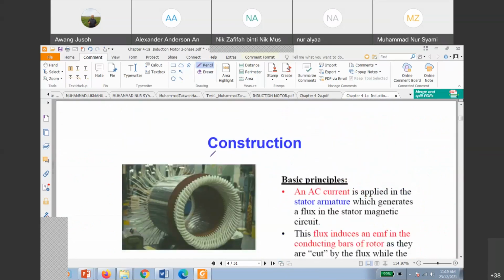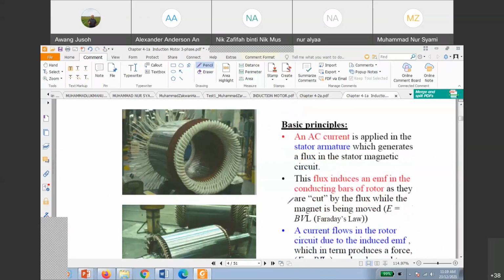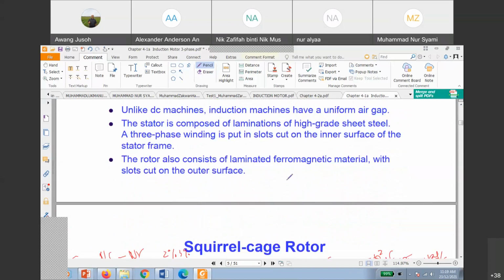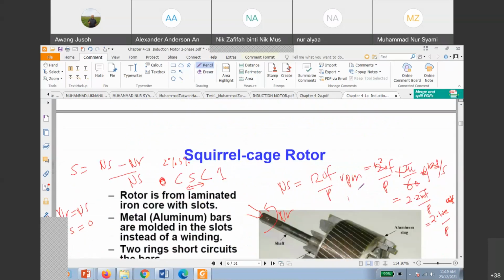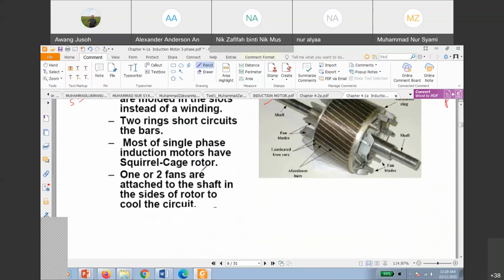First, you need to explain the principle just now, how the torque is produced here, and how we can change the direction of torque. I explained already, and what is the speed of synchronous? I explained already here in RPM, and also in radian per second. You just change the unit by multiplying by 2 pi over 60. We get the speed in radian per second. And we know the rotor speed. Rotor speed is the mechanical speed of the machine. That's a very important thing. Another important thing, this thing here, I showed you just now.